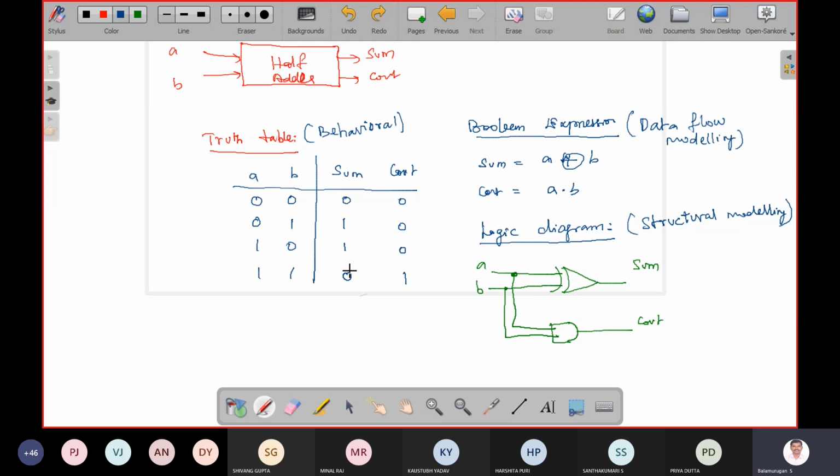Do you understand now? You can describe different models, but your first line and last line won't change, because the description of your hardware comes after the first line and before the last line. So this is how we are going to describe in three different modeling levels. Anybody have any doubt? No, sir. Okay.